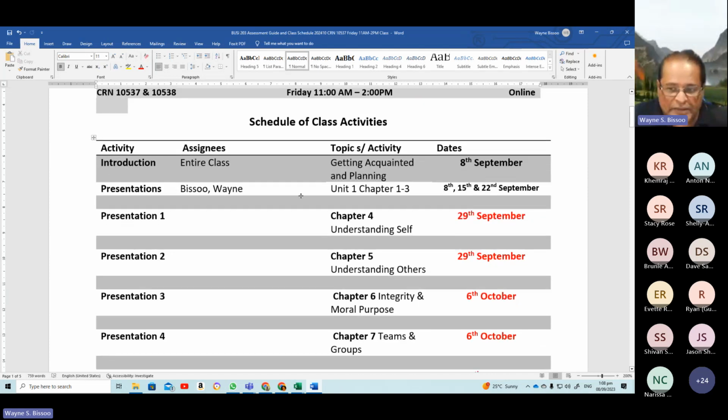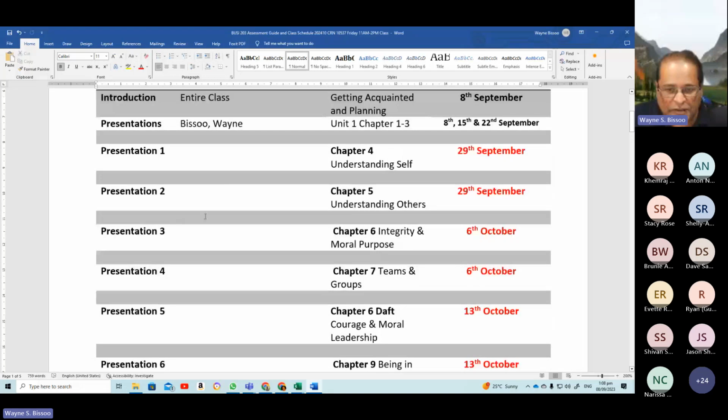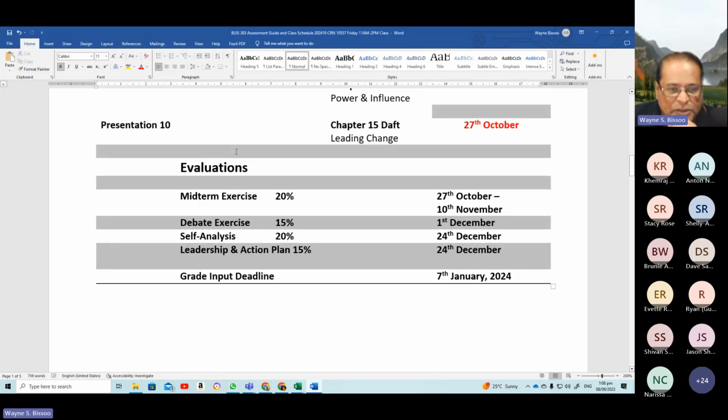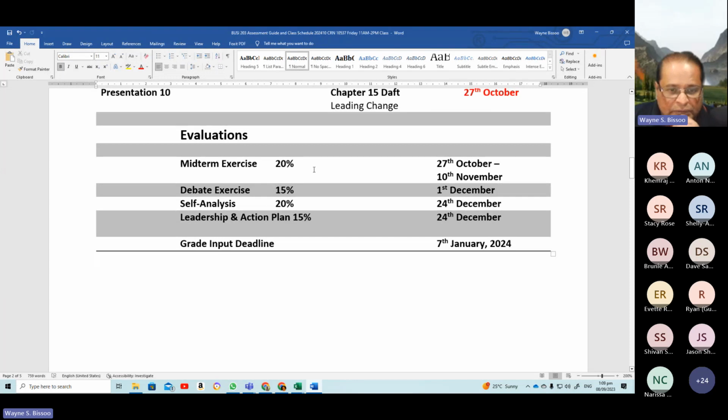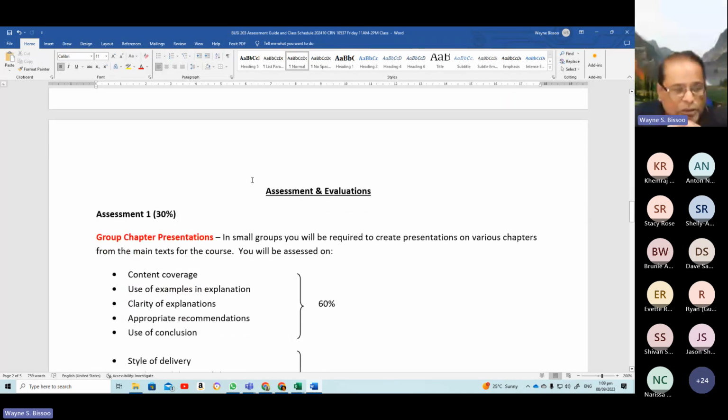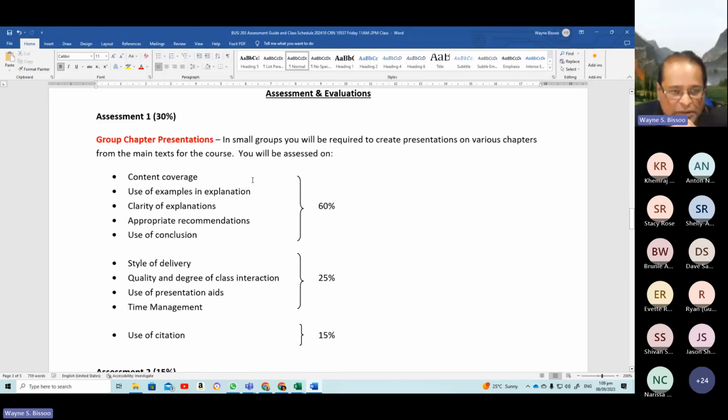We have a schedule of activities, and we'll see a number of presentations listed off here. So we need to get some details as to why and what's happening in relation to this. Okay, so that brings us to the deadlines for everything else. So let's look at the assignments, and then we'll come back to the schedule so that we can understand this. At any point in time, guys, if you want, you could stop me and ask questions. So the first assessment that is due for this course is called chapter presentations, and these are group-based activities,